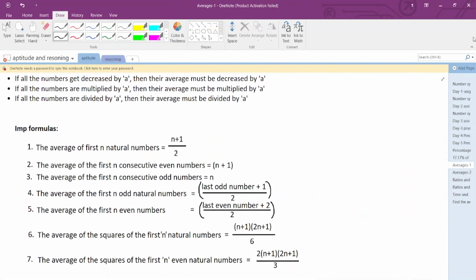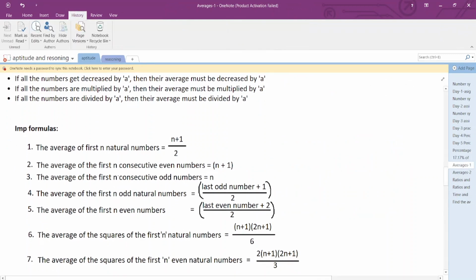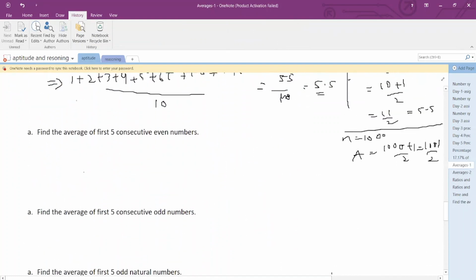The average of the first n consecutive even numbers is equal to n plus 1. So what does it mean actually? I said the average of the first n consecutive even numbers is equal to n plus 1. So how can they ask? See, find the average of the first 5 consecutive even numbers. Let's suppose they said the first 5. Since they said first 5, you can start with 2, right? 2 is the even number, right? So next,